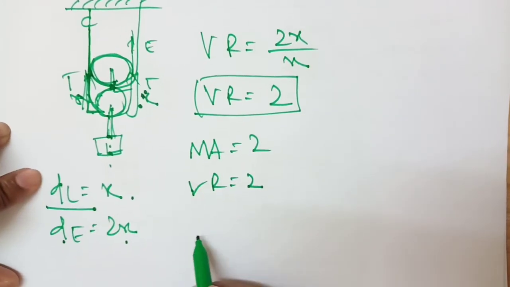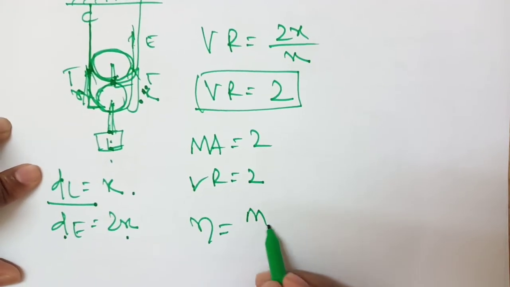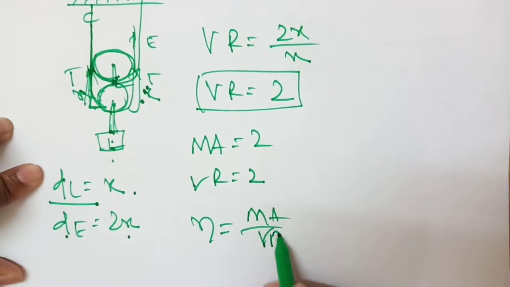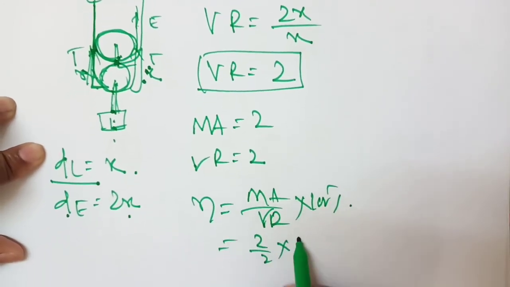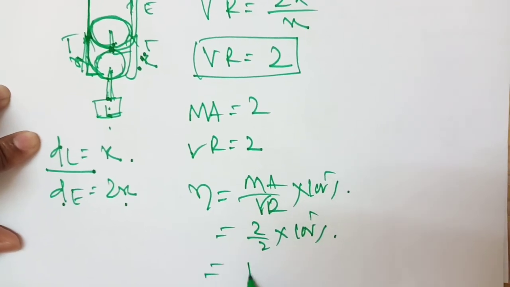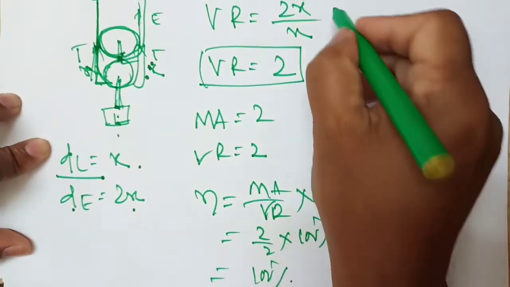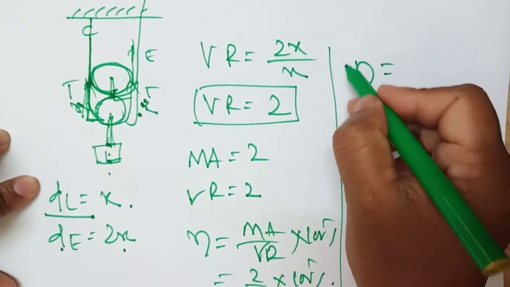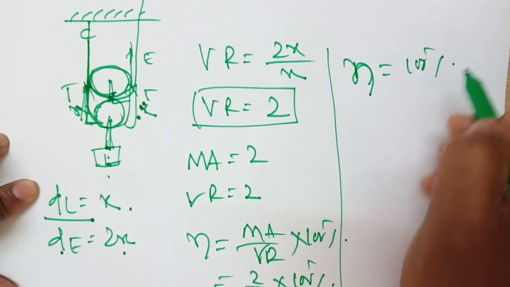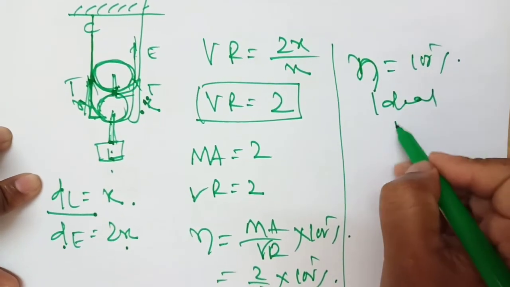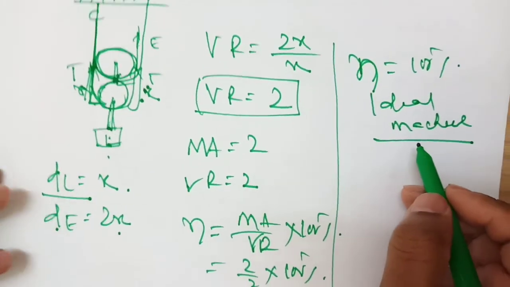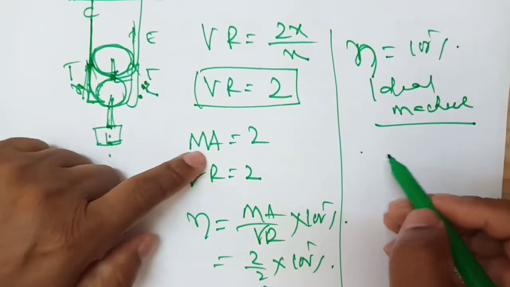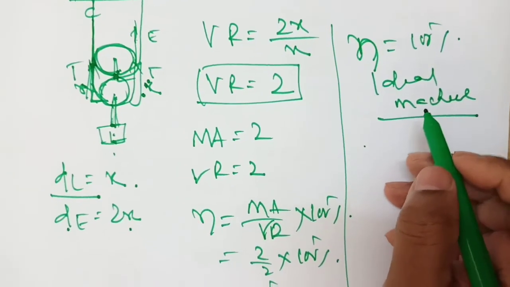So as MA is equal to 2, VR is also 2. Efficiency is equal to MA by VR into 100%. So 2 by 2 into 100% became 100%. As efficiency is equal to 100%, it is an ideal machine. I told you that when MA is equal to VR it is an ideal machine, but due to some friction,